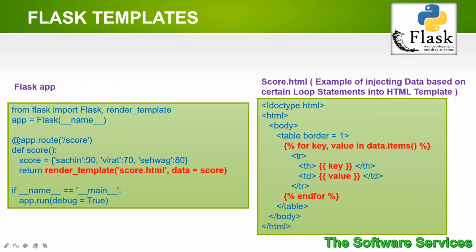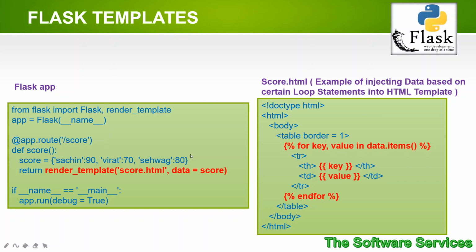So first Sachin and 90 will be taken. Sachin will be stored inside the key variable, 90 will be stored in the value variable. These key and value variables need to be printed out. For printing simple variable data, we use the double curly braces. After printing Sachin and 90, it will come to the second item, Virat. Virat is stored in the key, 70 is stored in the value, then Virat is printed, 70 is printed in the tabular format,